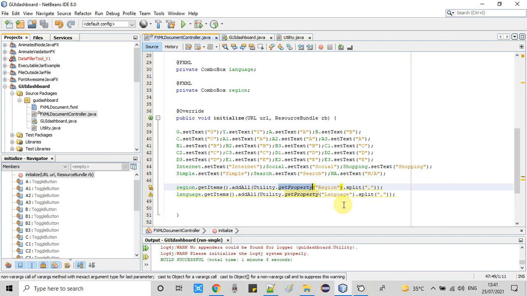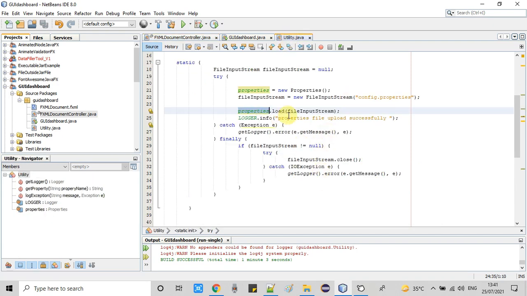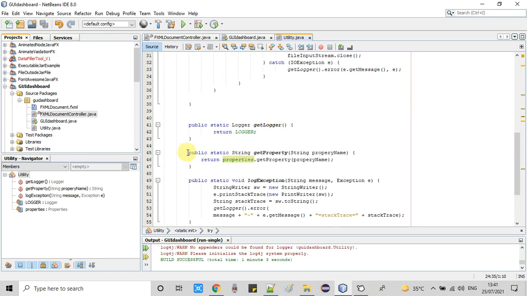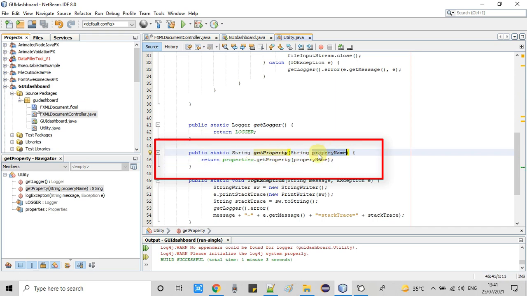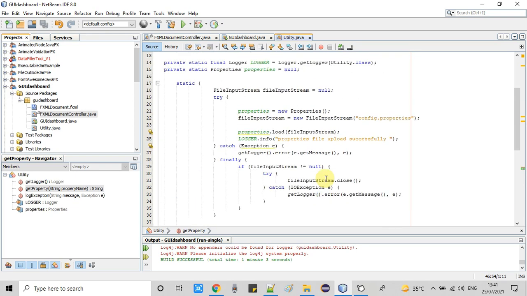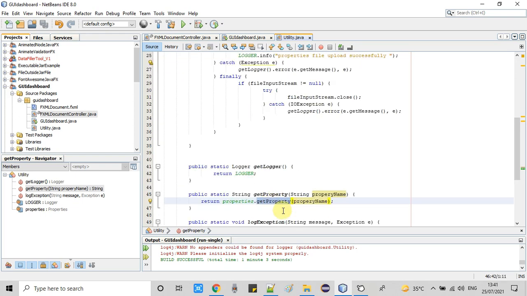In the utility file we have defined one getProperty method. If we call the getProperty method and pass the name of the property, with the help of the properties object it will return the exact property string which is defined inside the config.properties file. Let me show you.